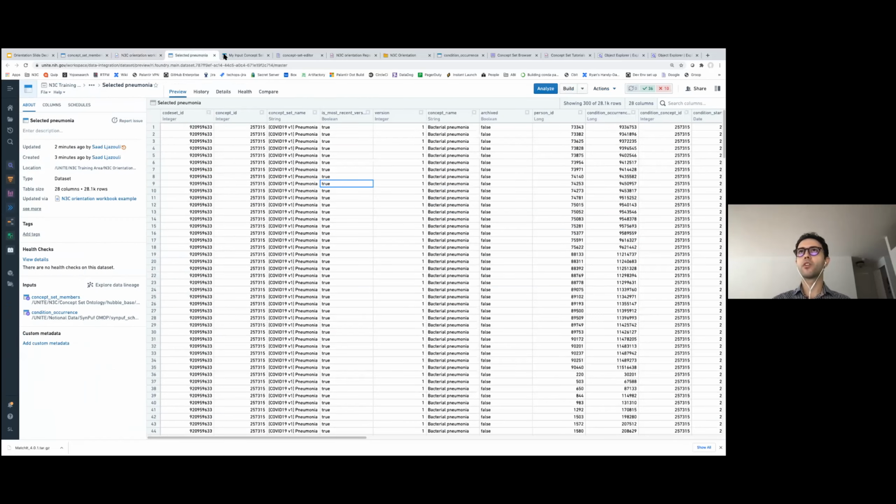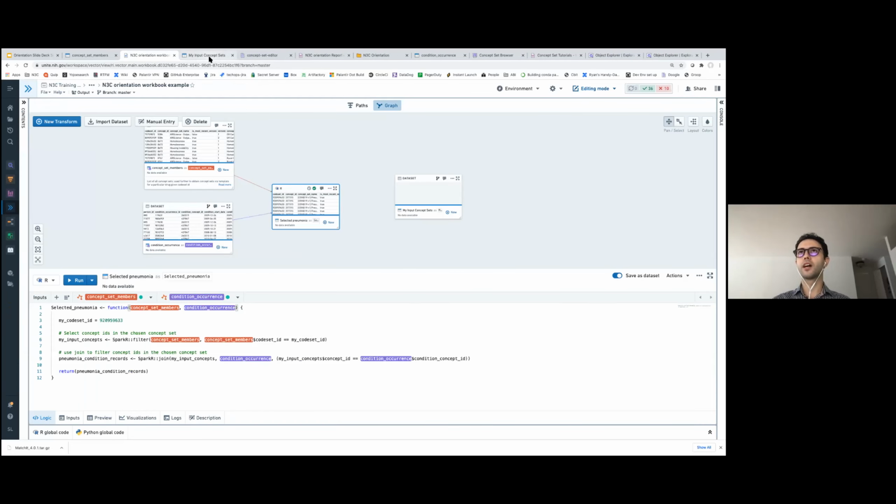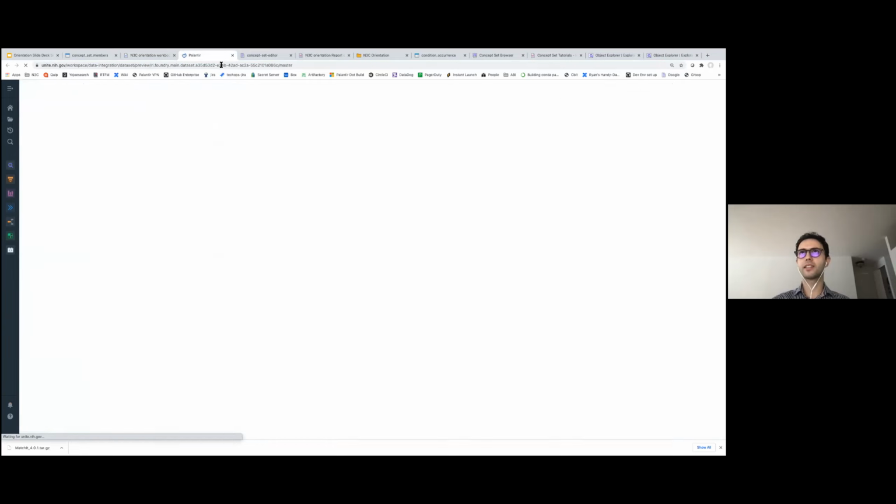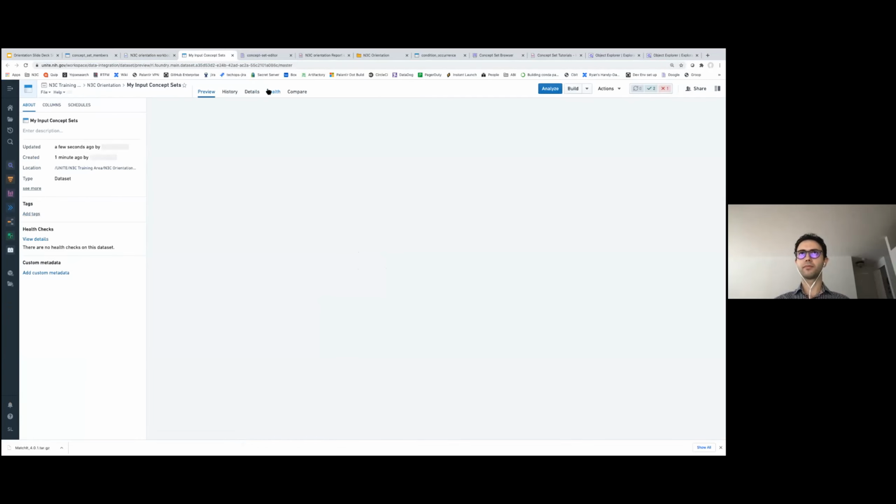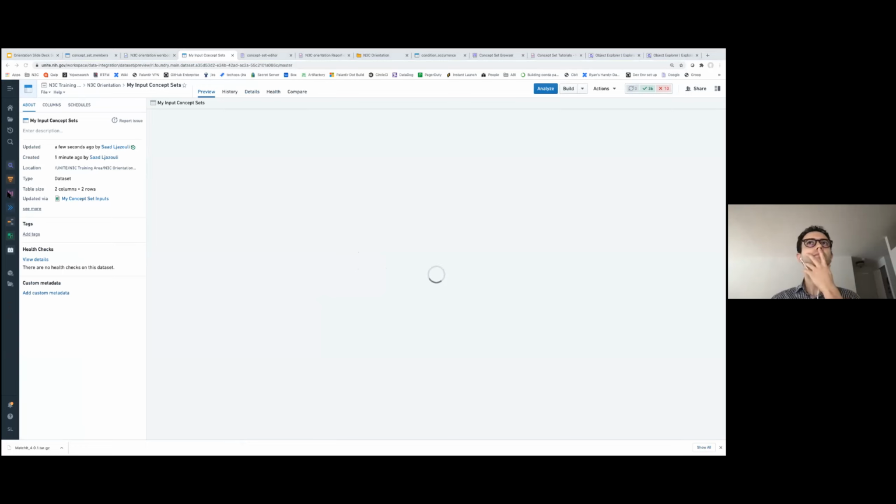So let's see if our input concept sets finished running. As you can see, this is what we wrote in our spreadsheet, and now we can use it from our code workbook.